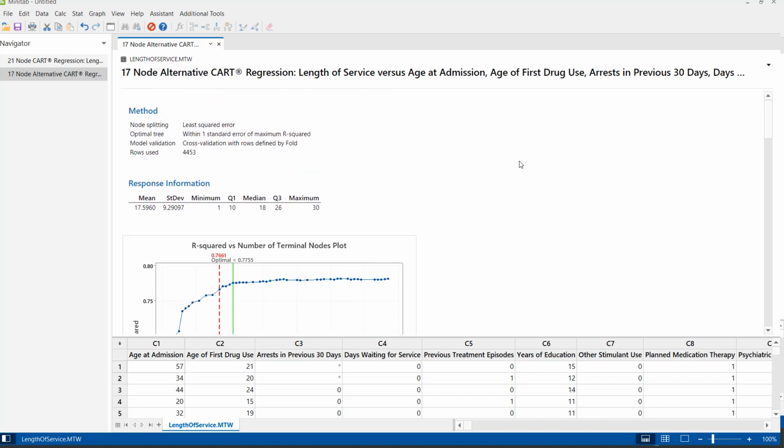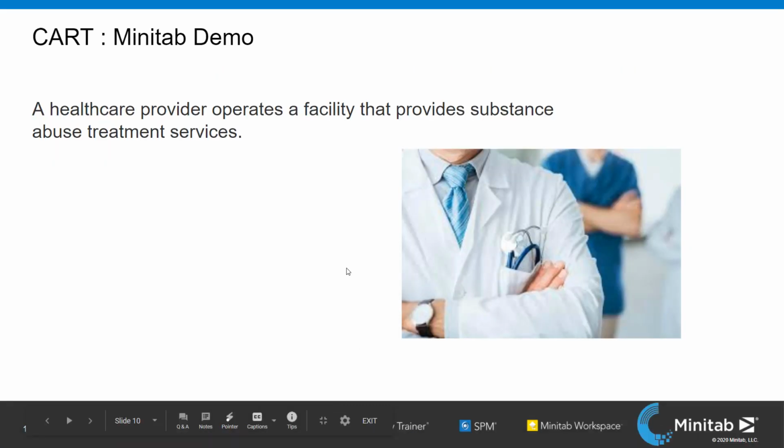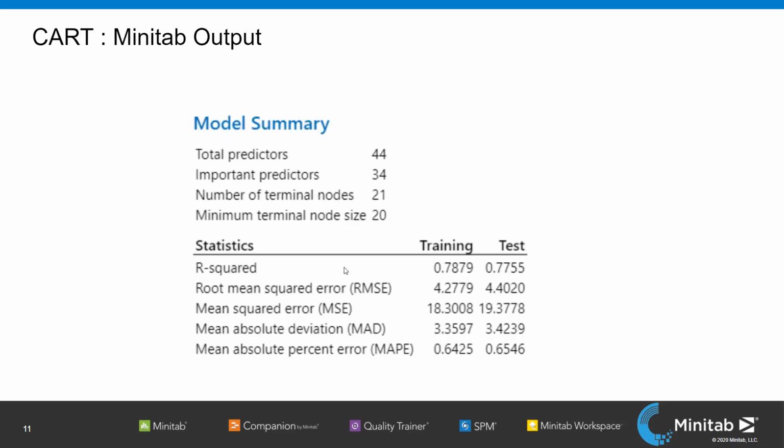Okay, let me go back to the slide. I know this is a very short time to understand such a deep level of decision tree. Here you can see the model summary. There is not much difference between the training and test statistics, and that's why we have used it.